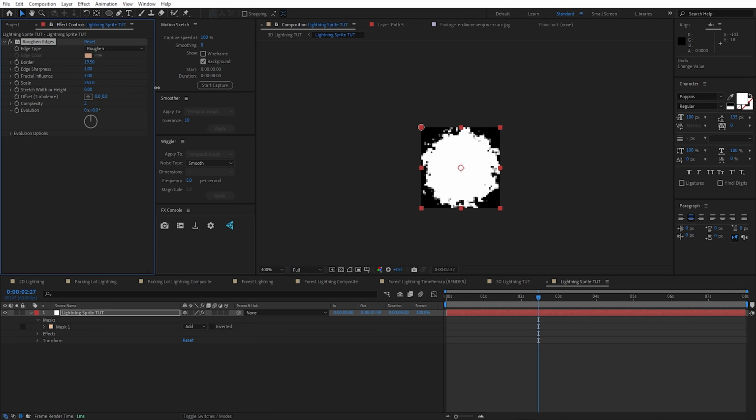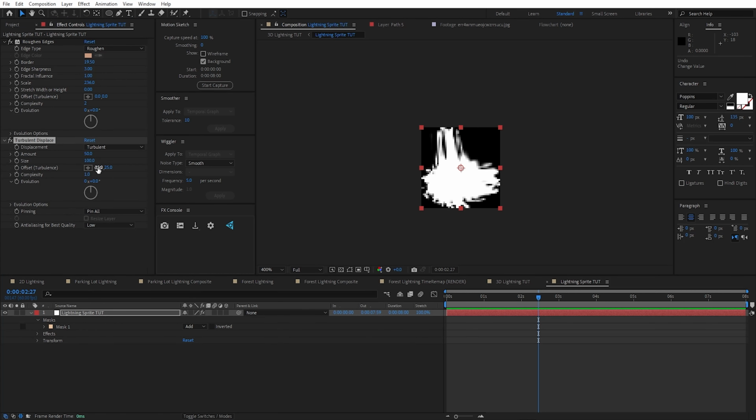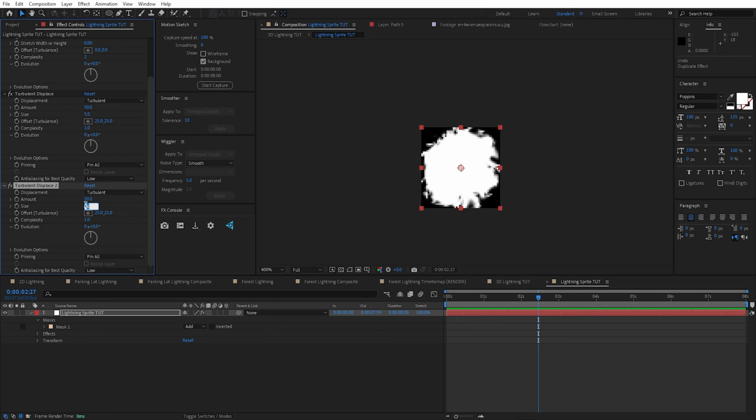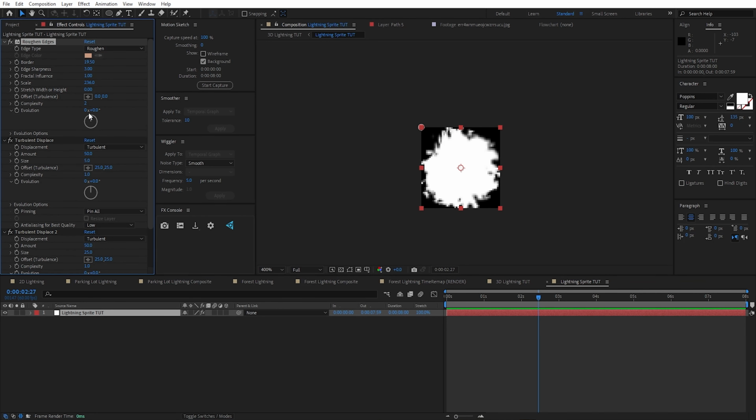And we can also increase the scale so it's not as detailed, and even increase the edge sharpness. We'll also add a turbulent displace effect. We'll turn down the size to say 5, and we'll duplicate the same effect, and for this one we'll set the size to 25. Then I'll go back to the roughen edges, and under the evolution stopwatch we'll alt click